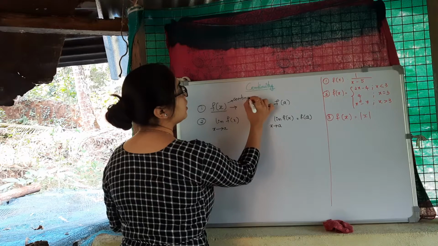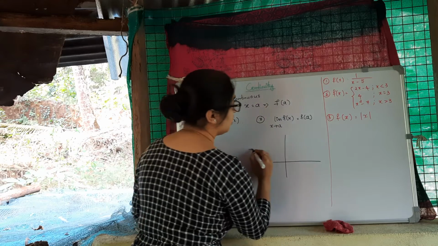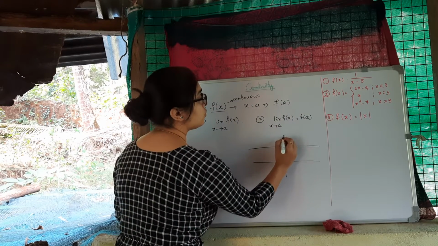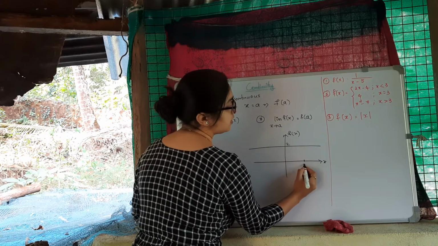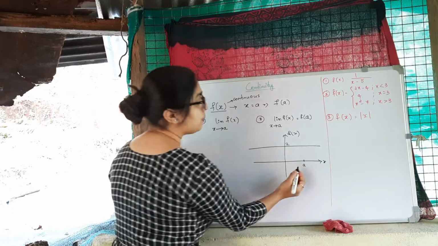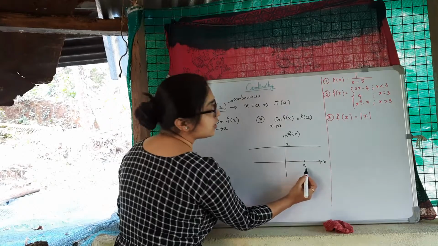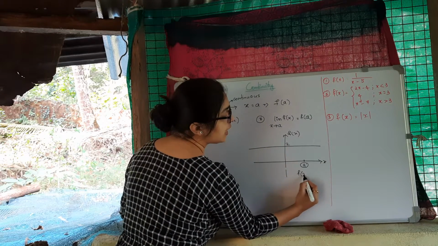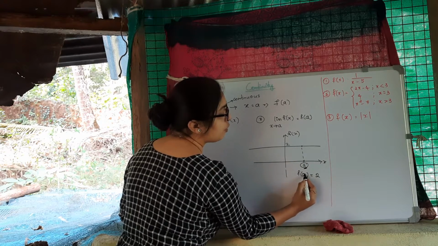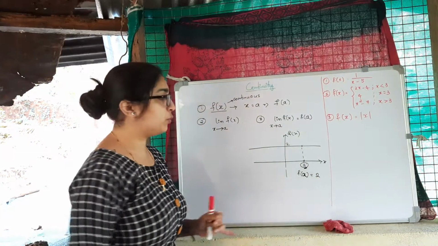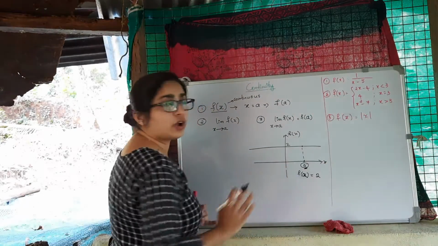For example, consider this as a function. This value is 2 for all the points. Now I will consider this as a reference point a. This is the left side of a and this is the right side of a. This is a. So what will be the value of f of x at a? It will be equal to 2. That is, f of x at x equal to a will be equal to 2. On the left side, the value is also 2, and the right side of a is also 2.